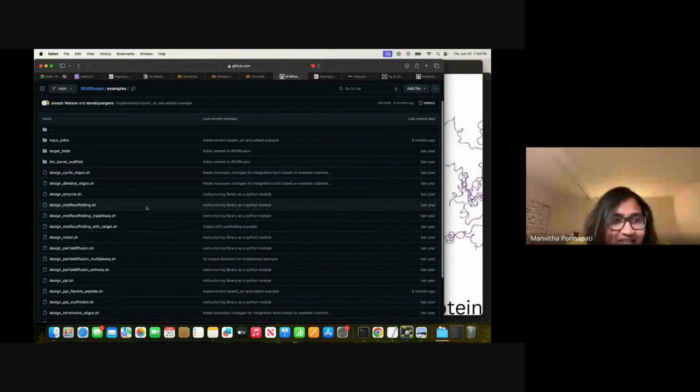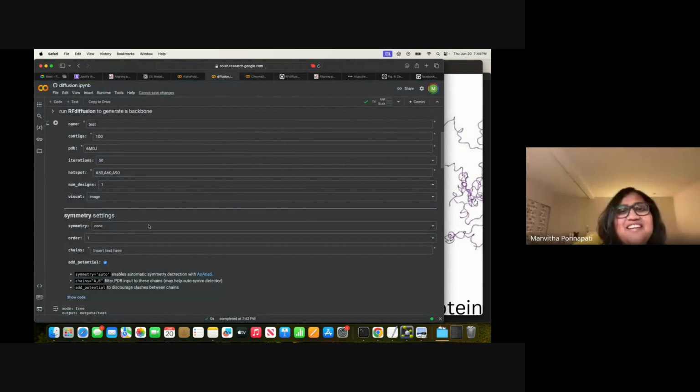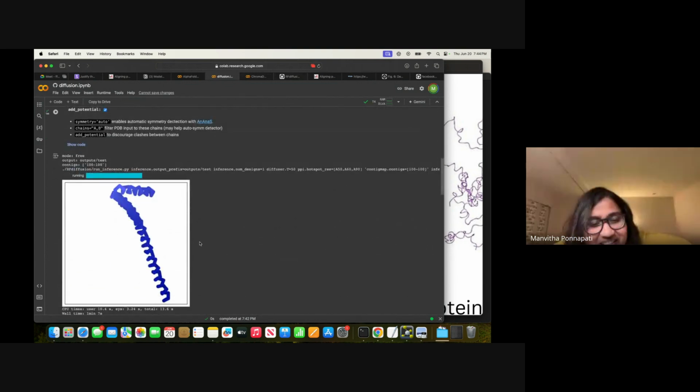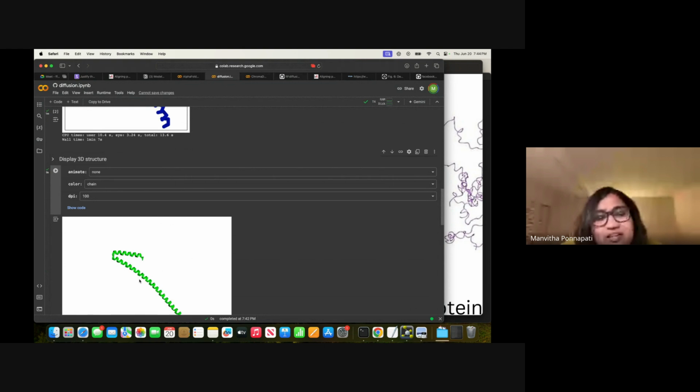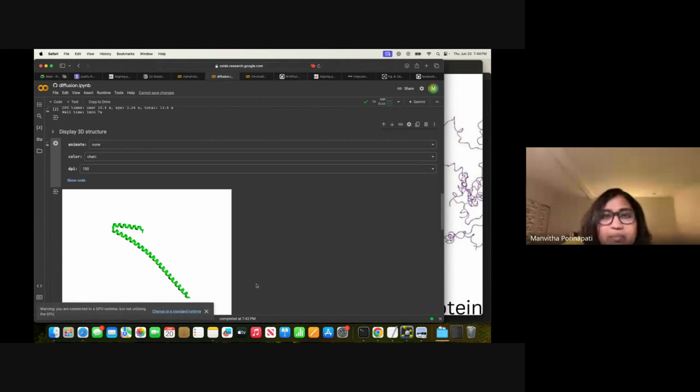I don't know if there's an example here, but yeah, there are examples on how to run all of them. The way these flags are set is a whole thing. But you typically run diffusion, and it's also an important point: I'm looking at it and I can tell you that that's not going to look like a natural protein. But when I'm running inference, I'm not looking at every single one of 1,000 things by hand. That's why I'm making thousands of sequences, and then hoping that AlphaFold captures it at